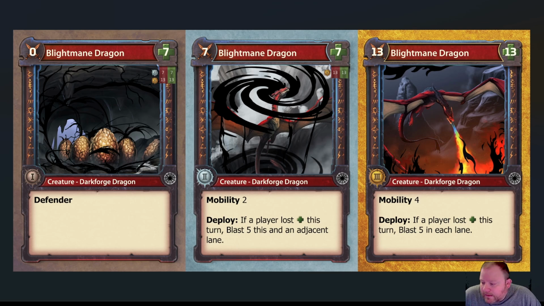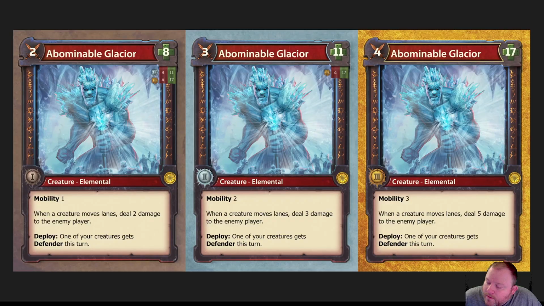So then we're going to get to the top 5. We'll call it top 5 cards in Tempys that are not Darkforged. And this will be alphabetical as best I can remember to do it. So the first card is going to be Glacier. The Abominable version